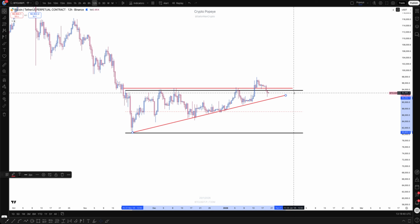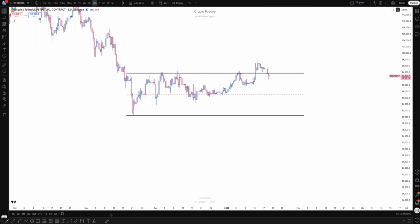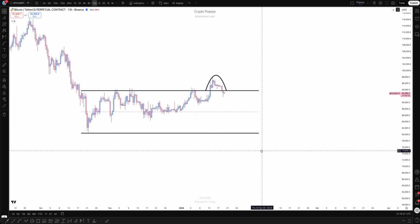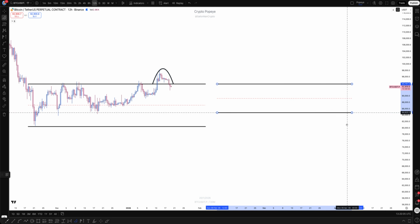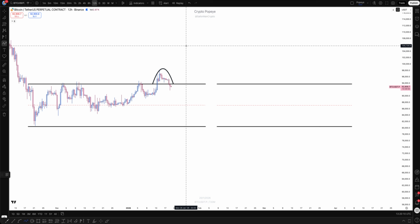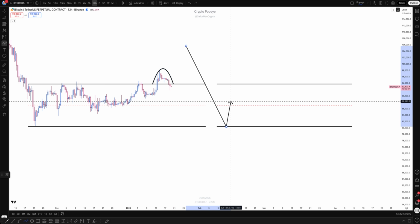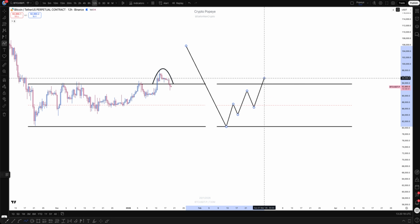I'm reaching the point I want to explain to you. It makes me a little bit cautious to do one specific thing that I do in all ranges, which is to call this a bearish deviation. Normally in a range, whenever we see a range that is broken to the upside, like the one we have here, coming from a downtrend, starting to bounce, price finds acceptance above, we deviate